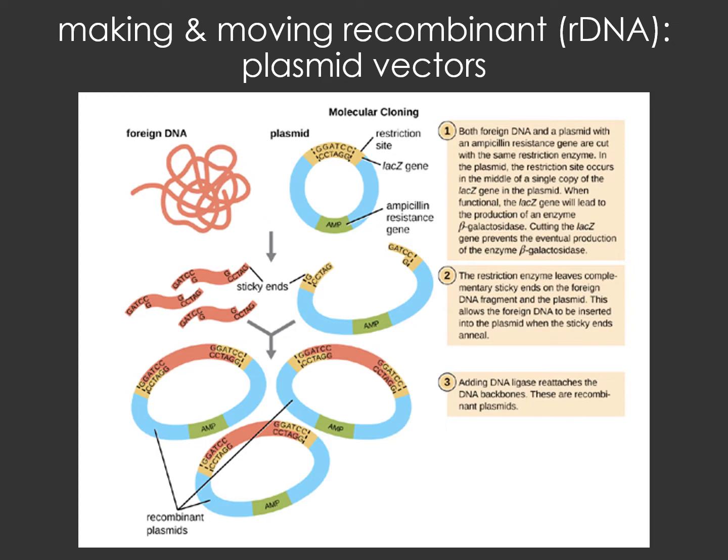So now that little red piece of DNA, the portion that is not read out, is the insulin gene. So now you have your insulin gene isolated, and you have in a separate test tube your plasmid, which has been opened up, so now it's sticky and wants to attach to that. And when you put those two things together, they can anneal to one another, they can attach to one another,